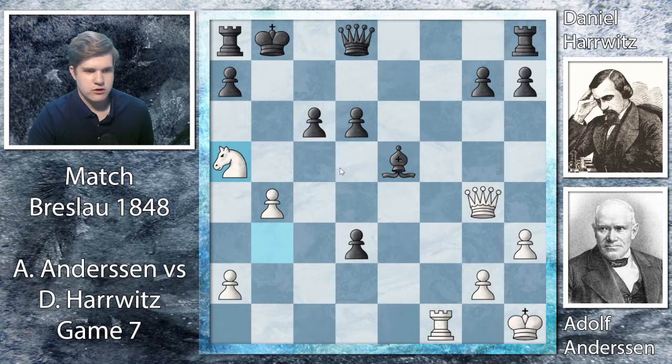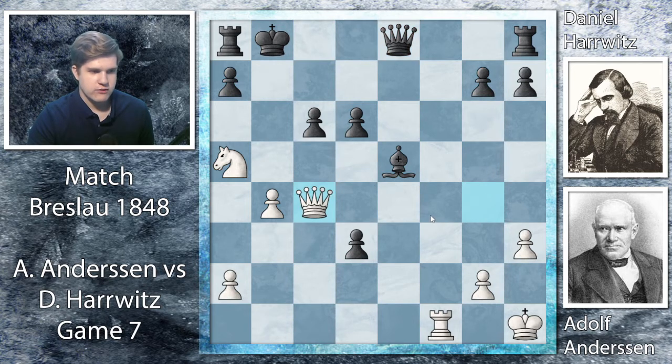This still comes with a royal fork. We have queen to e8, and now queen to c4, the reason behind the pawn sacrifice. Now this position is very spooky. This knight captures on c6 idea is renewed. The queen defends f7, so rook to f7 could come if Anderssen needs another attacker, and it's a very tense